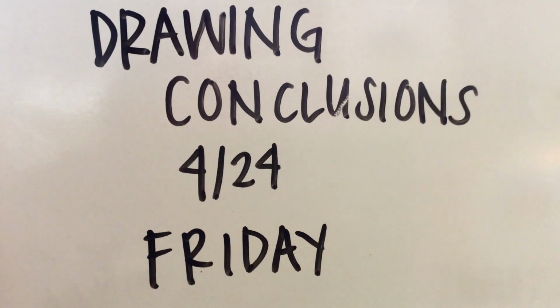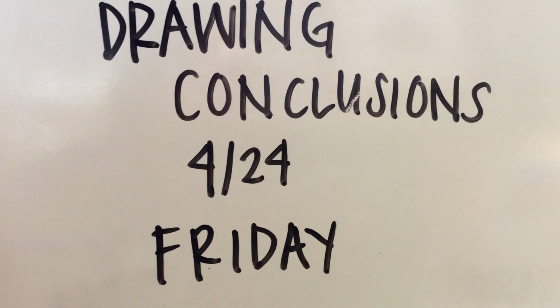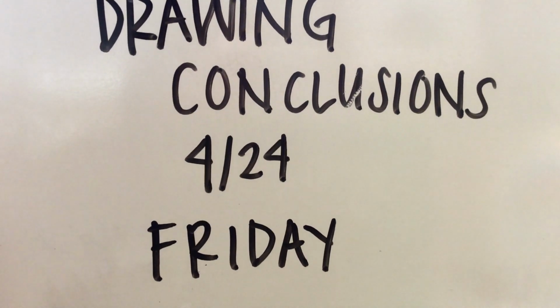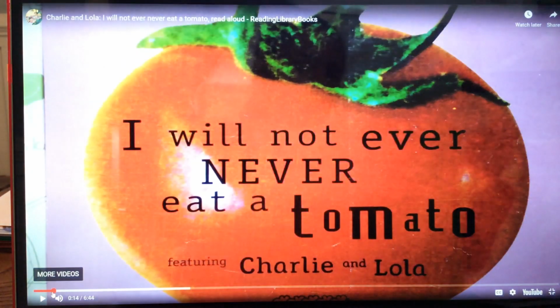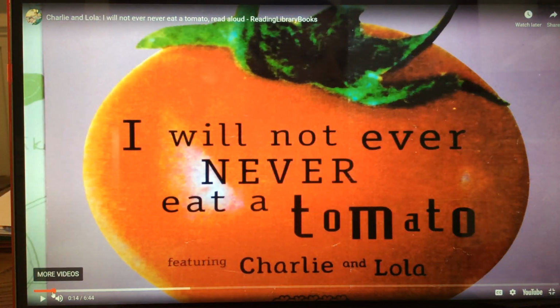Today we're going to practice drawing conclusions. So our statement is, good readers use background knowledge to draw a reasonable conclusion about a story. And that's exactly what they do. They use what they already know, plus the clues in the text to draw a conclusion. So right now, go ahead and access your prior knowledge about somebody who doesn't like to eat certain foods and who might be a picky eater.